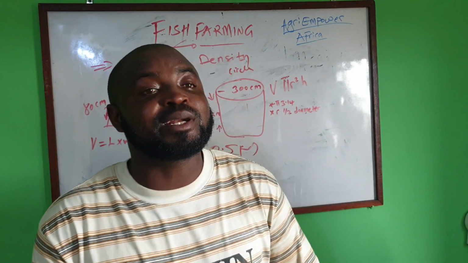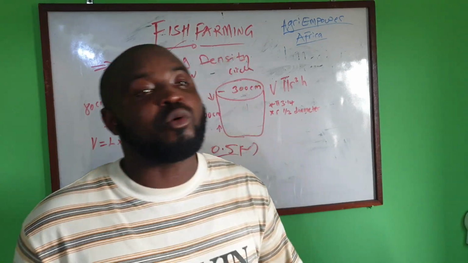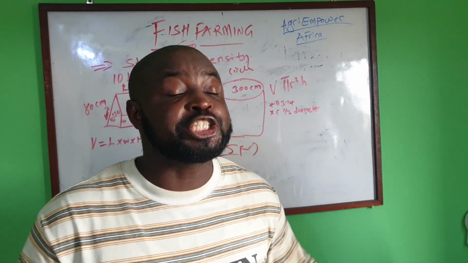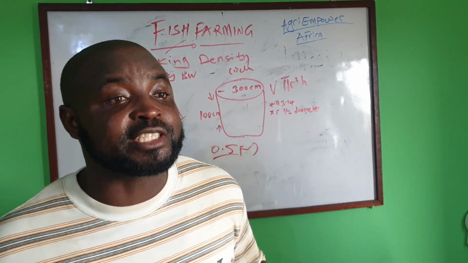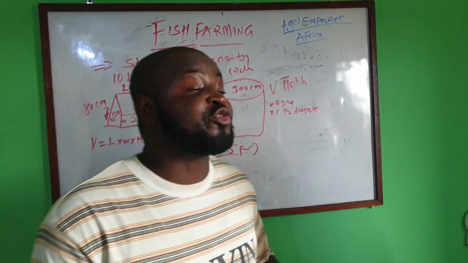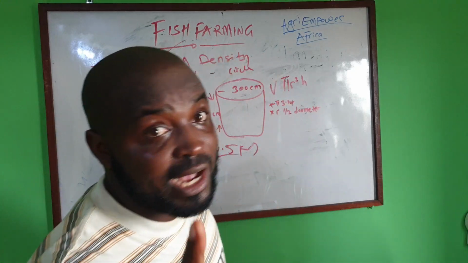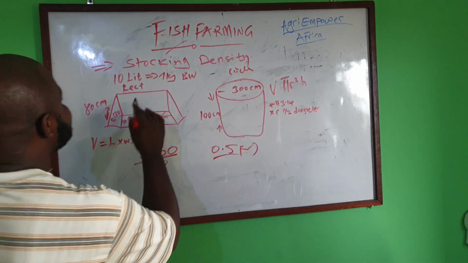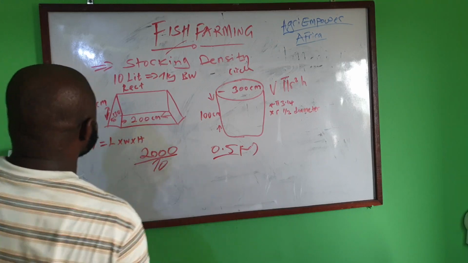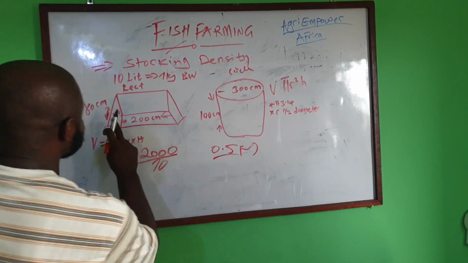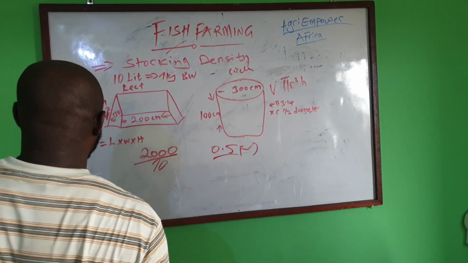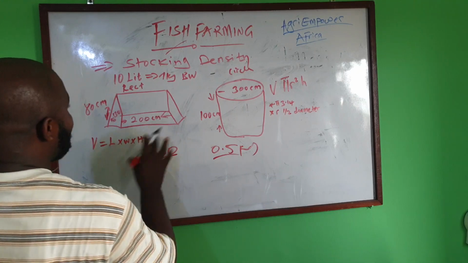So with this, it is possible to determine the quantity of water and what amount of fish you have to put inside. It doesn't matter the size or the shape of your pond, whether it is circular, square, or rectangular. It's just for you to be able to know the quantity of water that is inside. For example, if we have a rectangle with a height of 80 centimeter, a width of 130 centimeter, and a length of 200 centimeter,